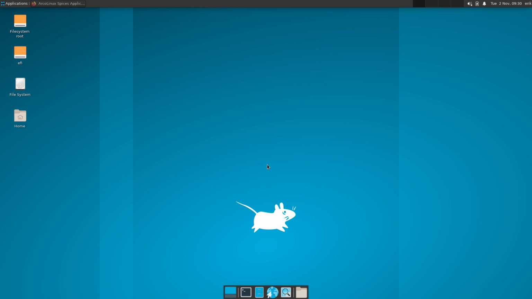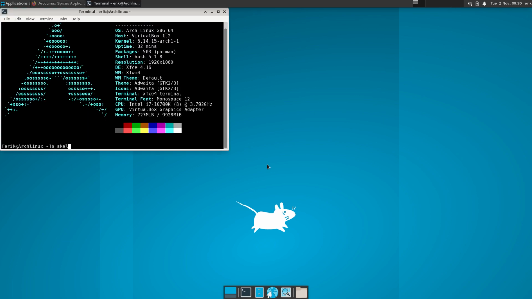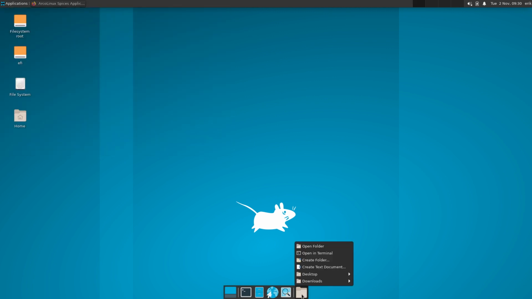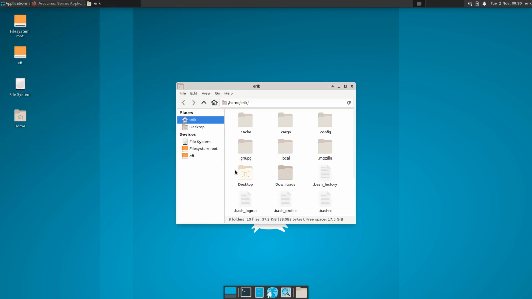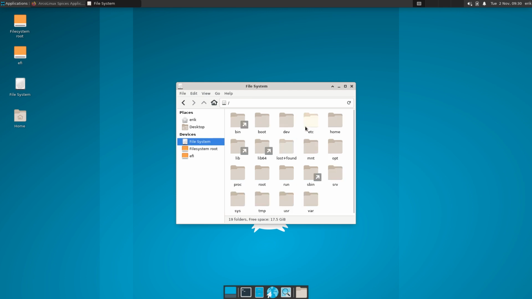We have polybar. We have dmenu. Where we have the bashrc. Why did I want to have the bashrc? For the skel, I suppose, right? For the skel. Ctrl T. I can type skel. I can. But I can also teach you to be selective. Takes a little bit longer, but